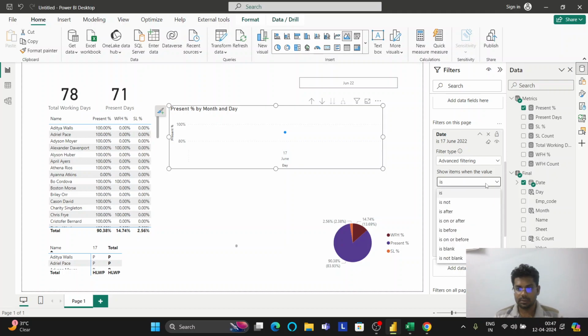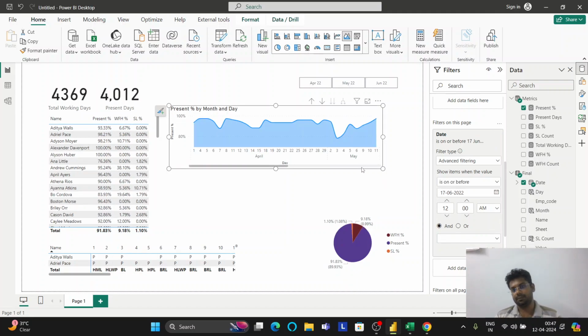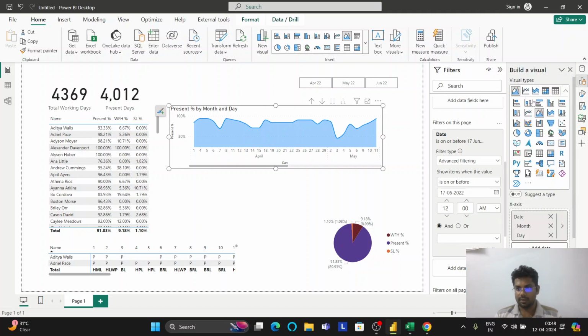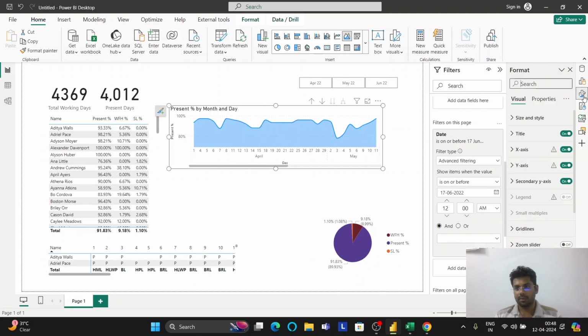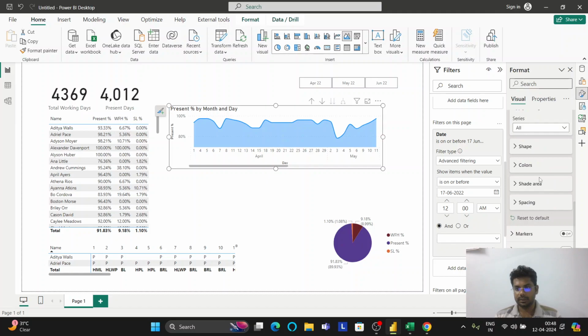Sorry, is on or before. Yeah, now it's done. So we have this trend, and we have to draw a trend line. If we try stat, we'll go for this one itself. So go for format, and